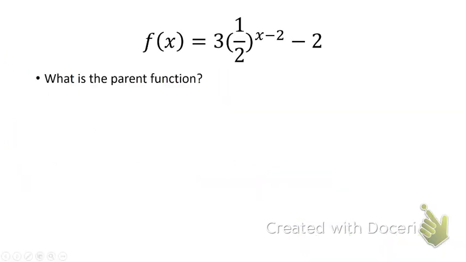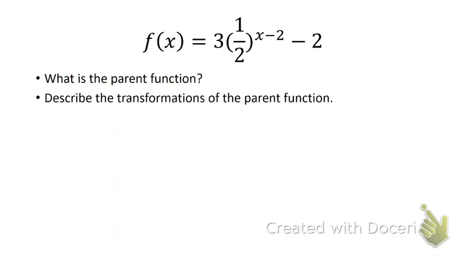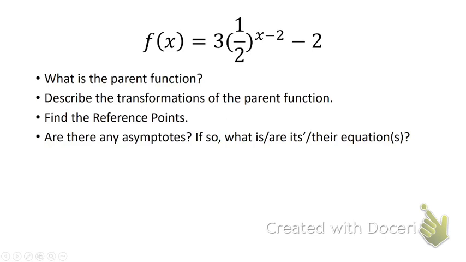So let's think about all the questions we need to know. What's the parent function? Well, the parent function is 1/2 to the x. Describe the transformations of the parent function. Well, it's been shifted to the right 2 units, down 2 units, and stretched vertically by a factor of 3. The reference points we just got through calculating, and there will always be an asymptote, and it's a horizontal asymptote,